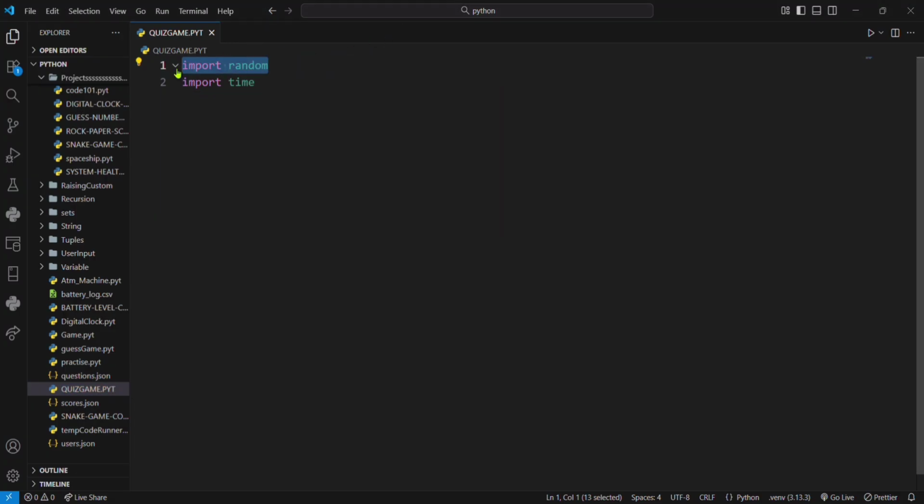Basically import random brings operations like shuffling lists and generating numbers, but here we use it to shuffle the questions order so the quiz can be different each time. And we can simply import time. We can use it to add small pauses, or you can say delays, for nicer pacing in the terminal output. After that we need to create the questions, so we can simply write here quiz dot questions, and